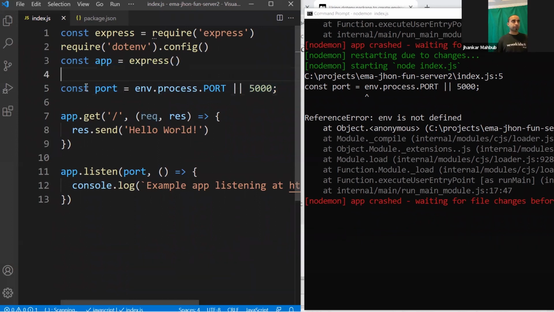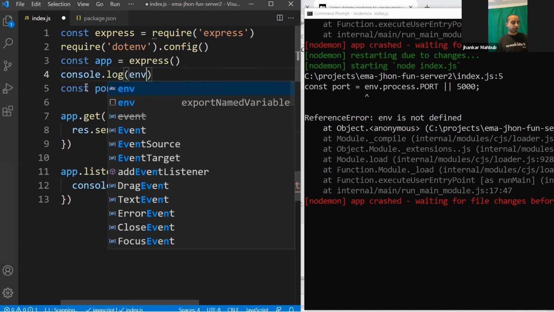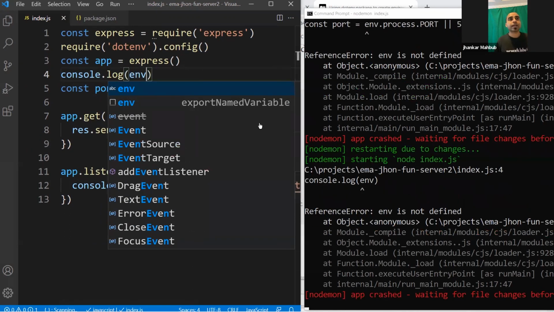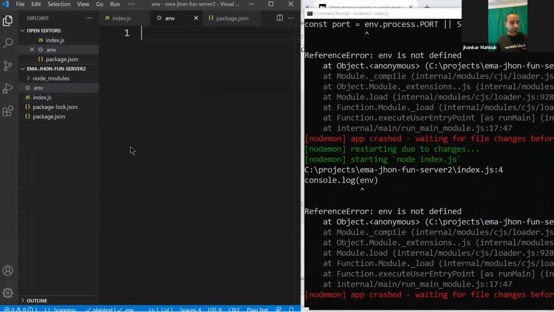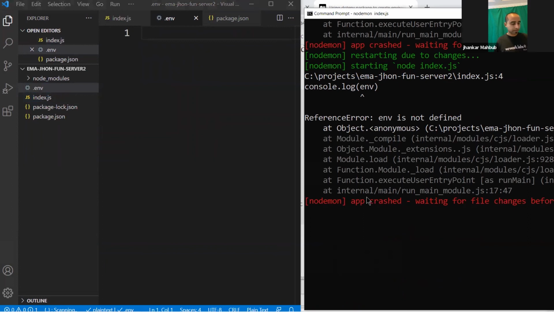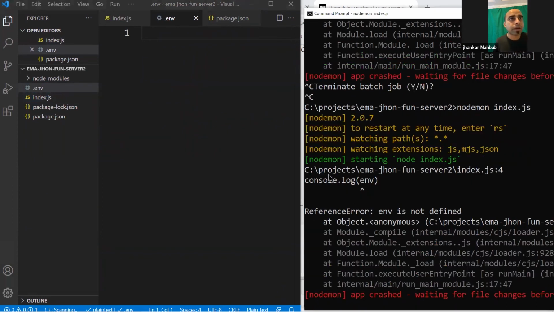Before this, let's add a console log to check whether we have this environment. Oh, this might not be getting it because we need to create a file, .env. So let's create this file. Right now it doesn't have anything in it, and let's start this again. Okay, the console log says the environment is missing.